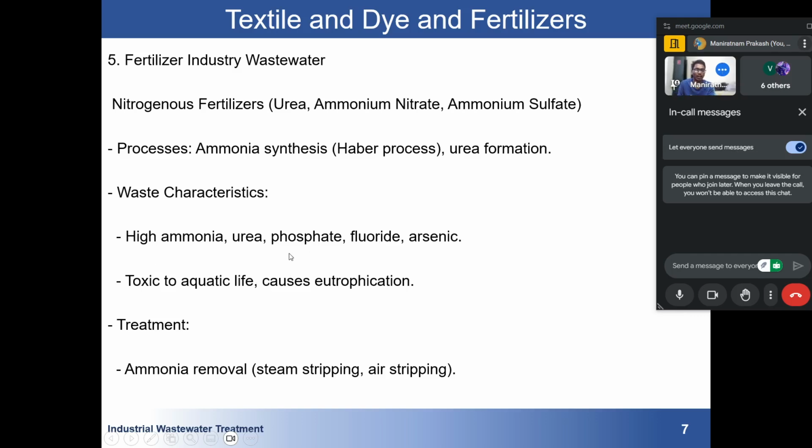We know that a high amount of phosphate can lead to eutrophication because it is food for algae, and algae consume this phosphate and turn green, finally causing eutrophication. For treatment, ammonia removal is done by steam stripping. We have seen what this stripping removal is, depending upon the k value, Henry's constant, and all these things, so we can strip out the ammonia. Ammonium can be converted into gas and all these things.